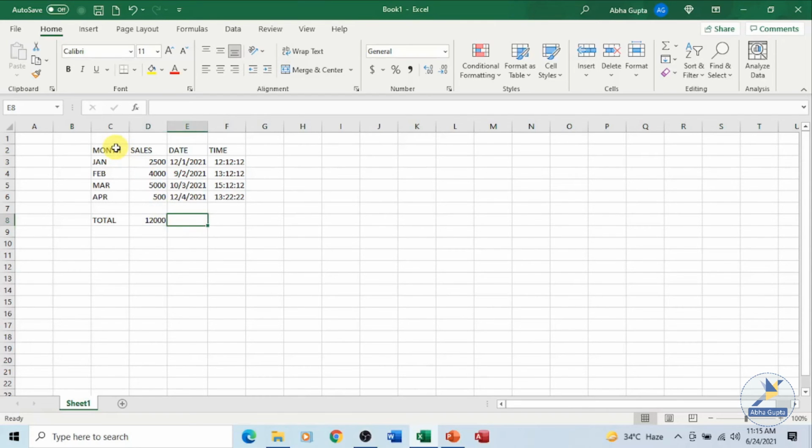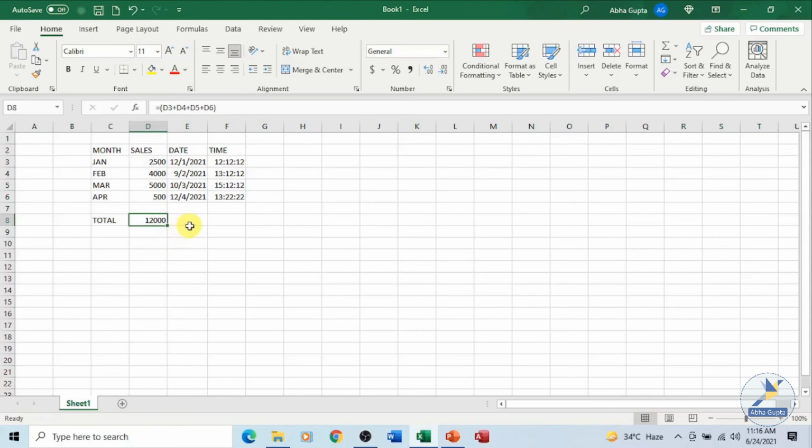Till now we have discussed how to enter text in our Excel sheet. This particular column C, months, we have the months over here. This is in the form of text. In column D we have tried entering numbers over here. Your sales data is in the form of numbers. In column E you have date type of data. In column F you have time. And in column D, cell 8, you have a very simple formula where we have tried calculating the sum of all these cells.